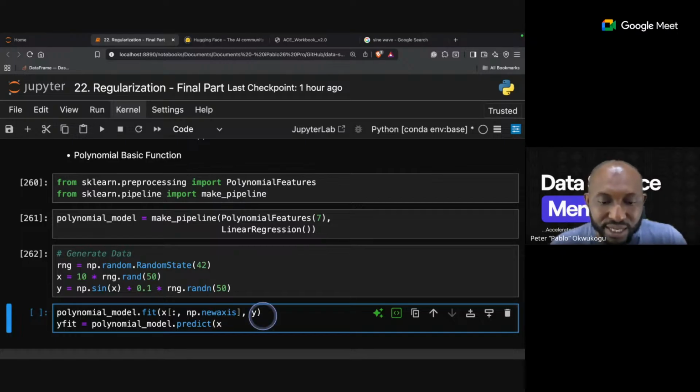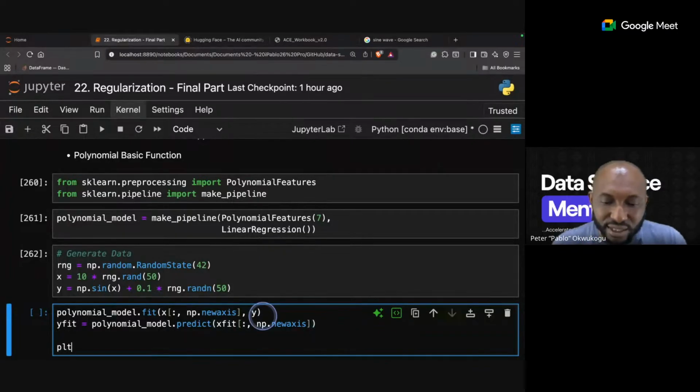So here we say X fit, and again put np.newaxis. Then we can say plt.scatter, and on top of each other we have X and Y, remember?